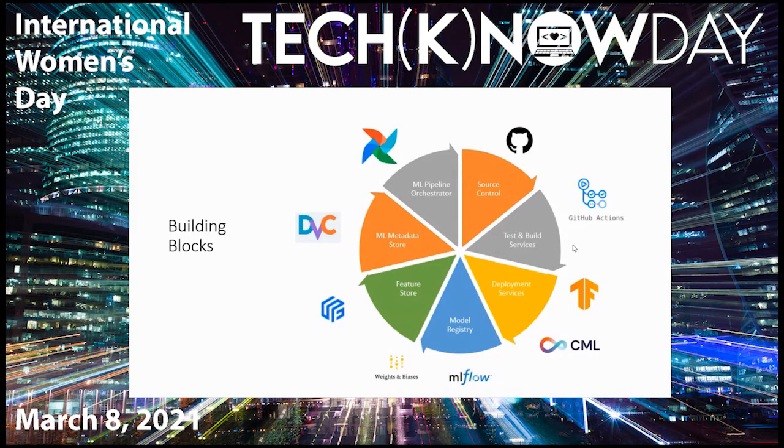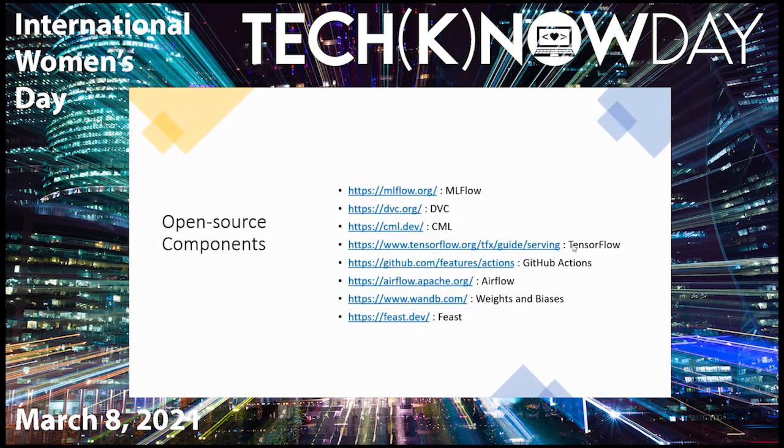And the next one is the ML pipeline orchestrator. You need to automate several pipelines, so you can look at frameworks like Airflow, Luigi, or any other frameworks, and then you can orchestrate all your pipelines through such frameworks. So these are all the basic building blocks that need to be present in the MLOps platform. These are the links for the components that I've mentioned in the previous slide. You can check out the components individually to understand the functionalities.